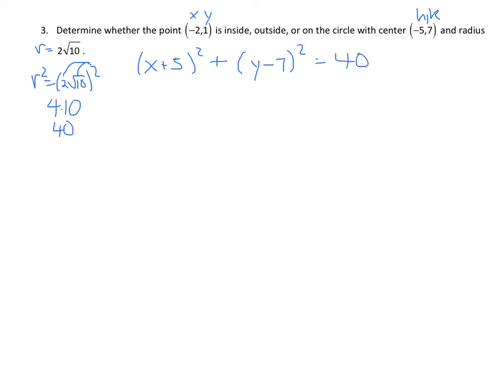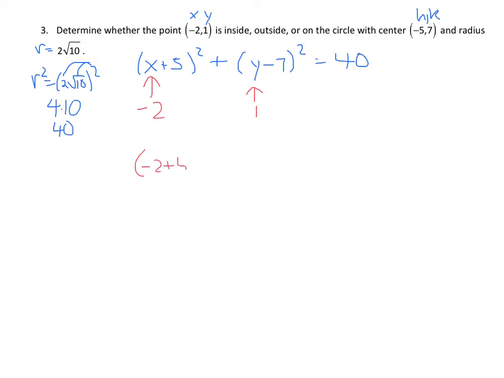Now I plug -2 in for x and 1 in for y. If I get something less than 40 on the left side, it's inside. If it equals 40, it's on the circle. If it's greater than 40, it's outside. So